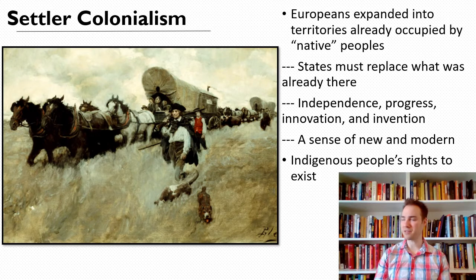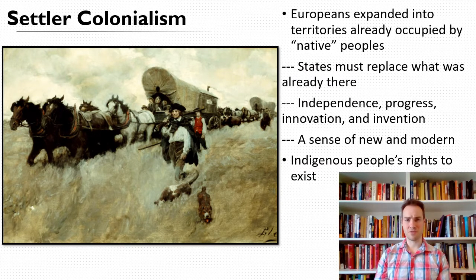We use Native Americans, right, to talk about the people that were in the United States before Americans were, but in other countries they use all kinds of different terms. So as we talked about before, the whole goal of settler colonialism is to replace what was already there. This looks very romantic, these people moving west, settling new lands, they're pioneers, they're adventurers, they're building America. But what you don't see is that there were already people using that land, there were already people who lived there. And to the largest extent possible, settlers had to remove those people.